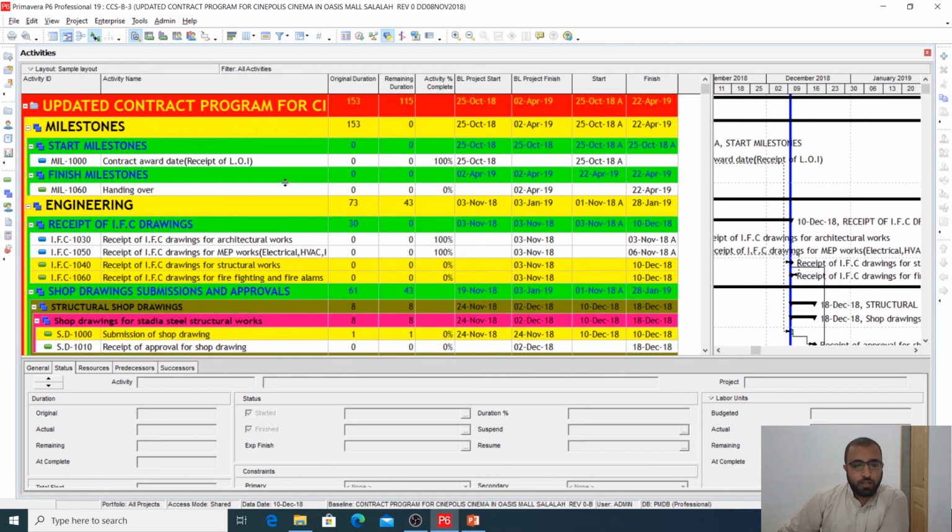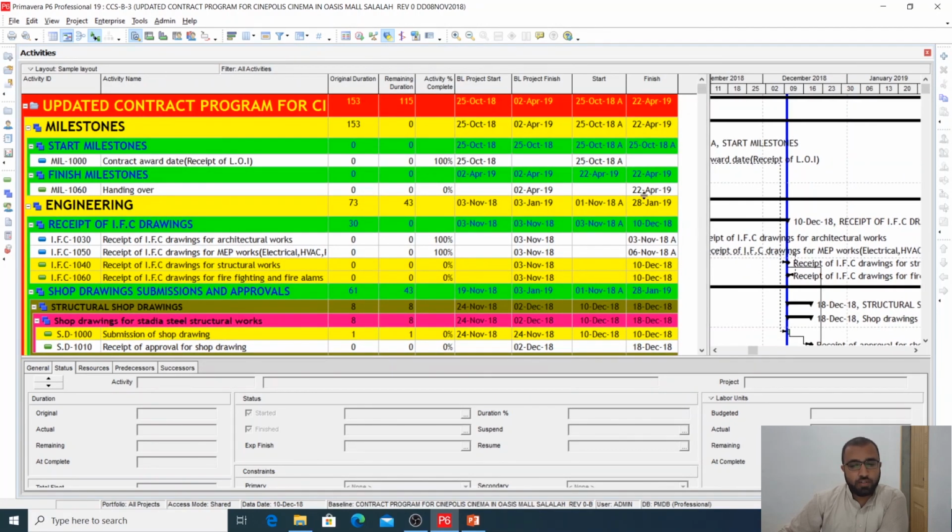So I hope that up to today's lecture we have discussed these three things. In the next lecture I will tell you some more things about the updating. Once you have finished your update, you need to apply 2-3 filters to check the activities which are on the data date, okay, and activities whose remaining duration is 0. So these two filters you need to apply,